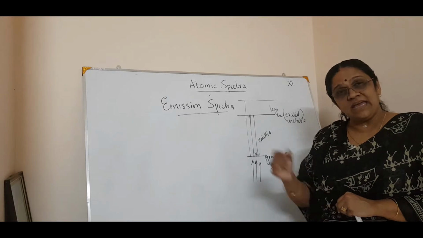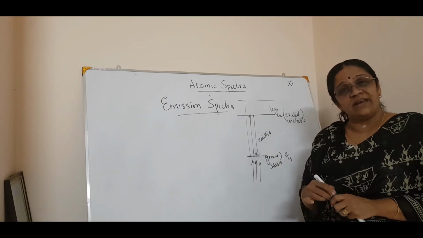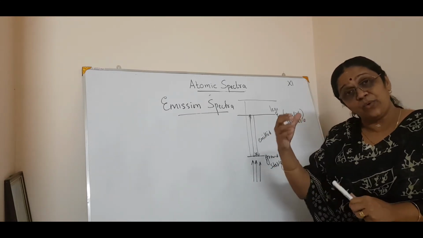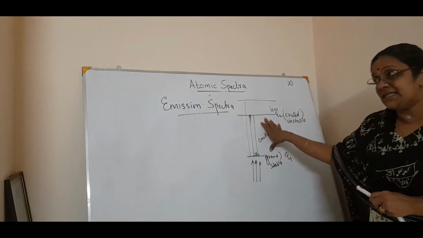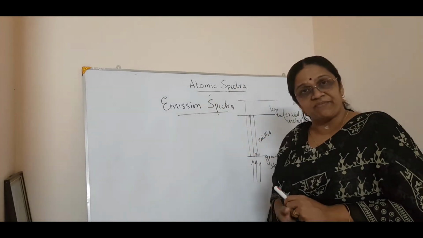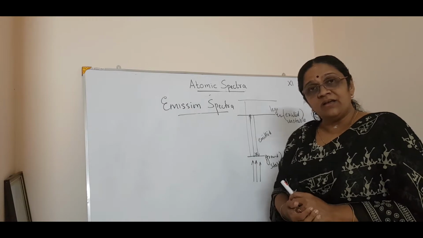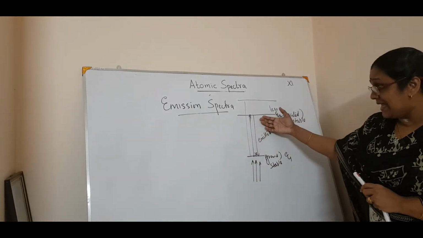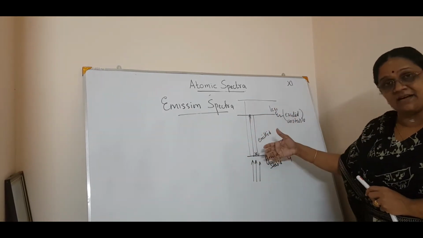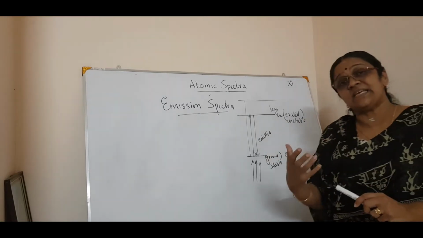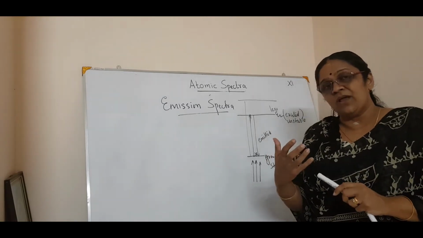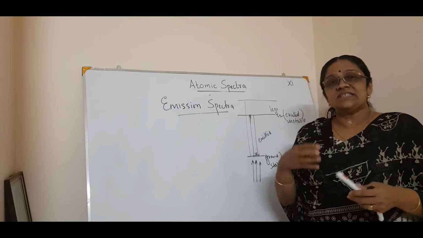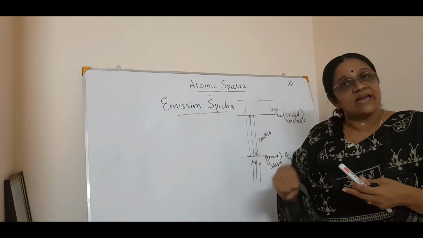Listen, by emitting this absorbed radiation, the spectrum you get from that emission is called the emission spectrum. You got it? The radiation which is emitted by that substance. How it gets emitted is again another concept. When something is absorbed only then will it get emitted, right?